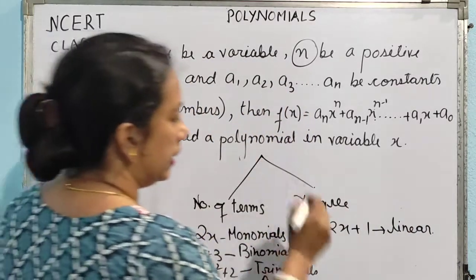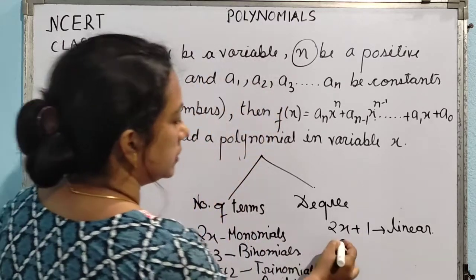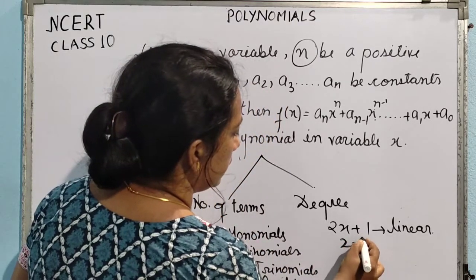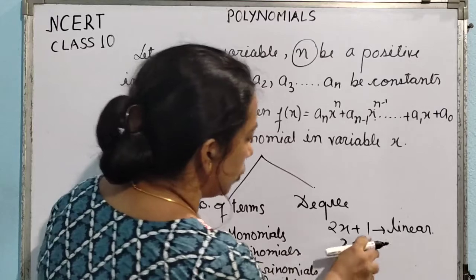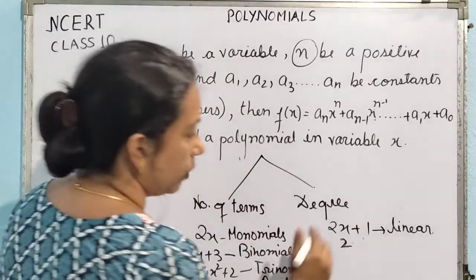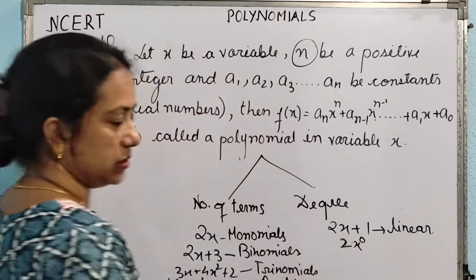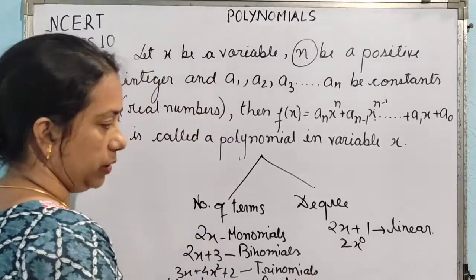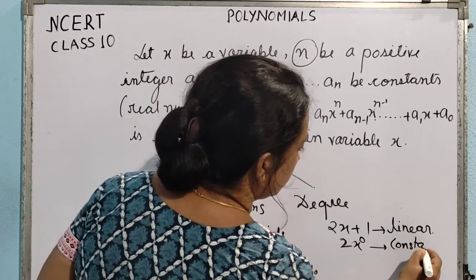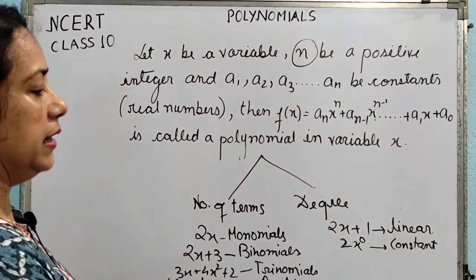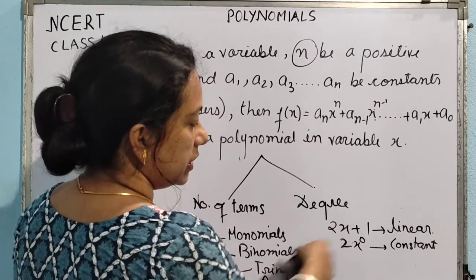Okay, now, before linear I should have talked about this one. See here, only 2, if I write only 2, this is also a polynomial. Why is this a polynomial? Because this is a real constant, and if I consider x to the power of 0 with this one, it is in the form of a polynomial. We can say that this is a polynomial, and this type of polynomials are called constant polynomials. So the degree of this constant polynomial is 0.